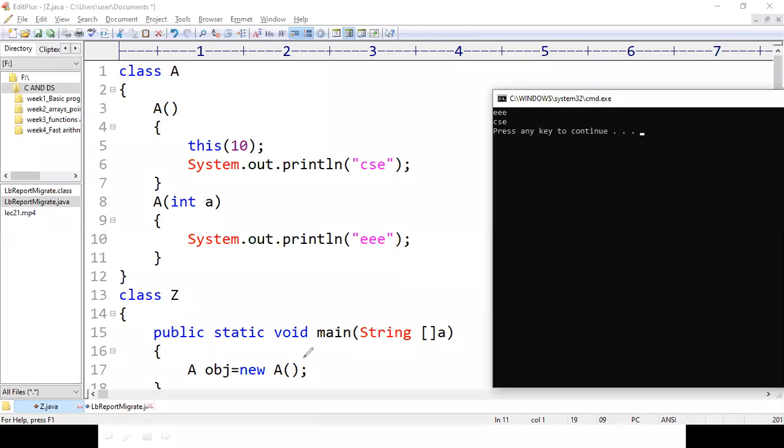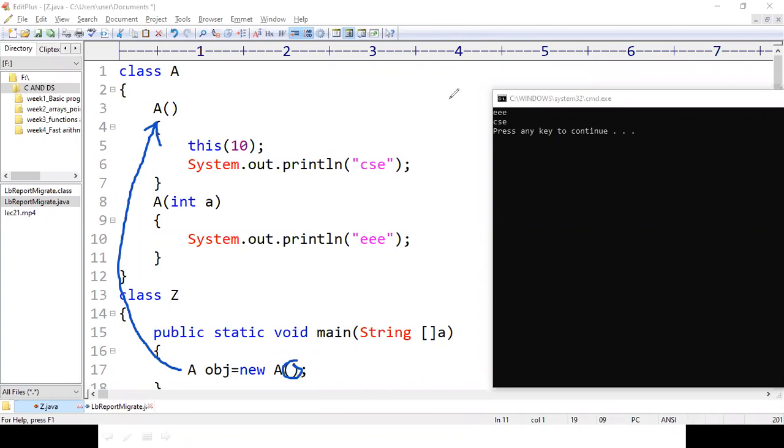You can observe here, I have created only one object. So whenever the object is created, automatically the compiler will start executing the constructor which has 0 parameters, because I don't pass any parameters here.